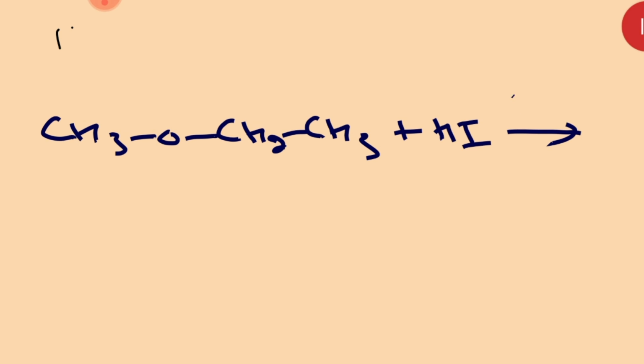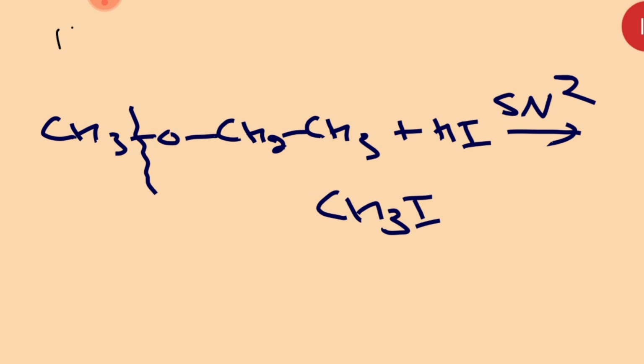Students, now we will study some more reactions for the cleavage of the C-O bond. Let it be, I will tell you, if they are giving like this, CH3OCH2CH3 plus HI, and they are asking you the product, just remember you have to do it with the SN2 mechanism, and the bond will be cleaved from the smaller side. Okay, so that is why here the product will be CH3I, okay, and CH3CH2OH. Clear? Are you getting my point? Same way students, you see one more example regarding that only.